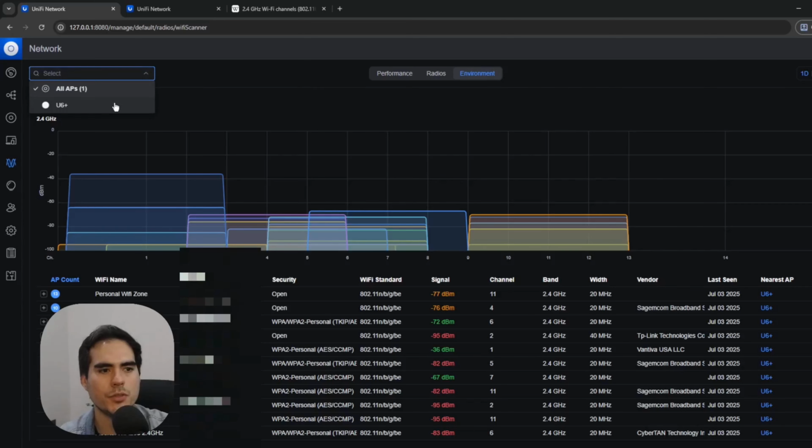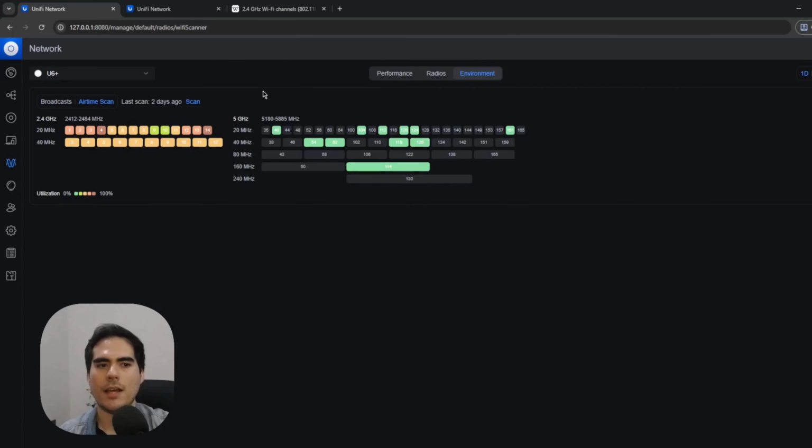Okay. So I'm going to choose my U6 Pro, and now you can see that I have a new option over here that's called airtime scan. So basically, this is going to do something similar to what I did before with the channelization. Okay, so right now it's showing me the last scan that I did, and it's showing me all the info